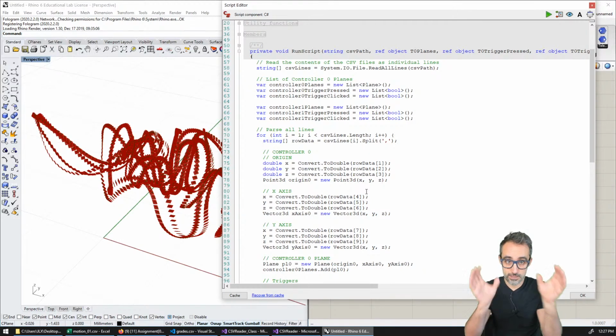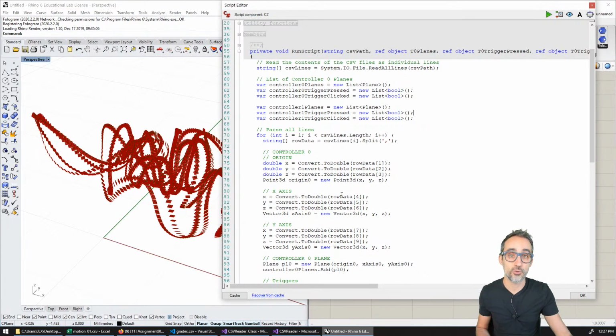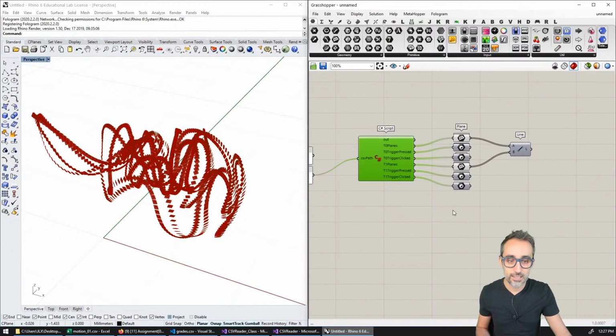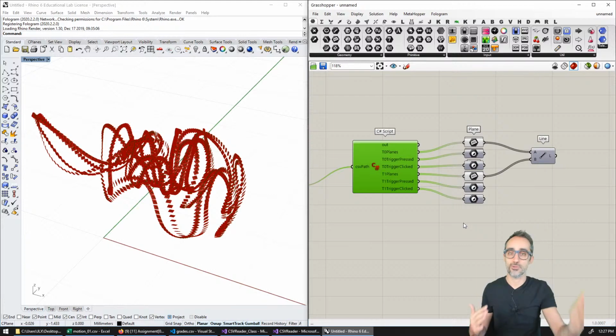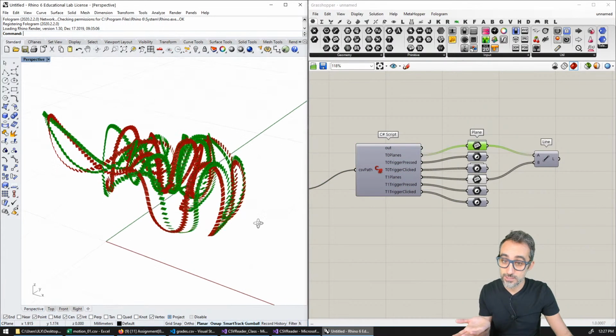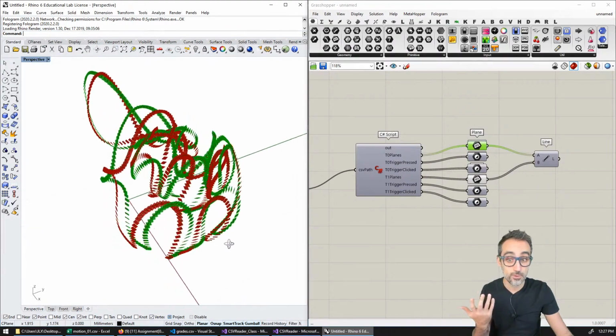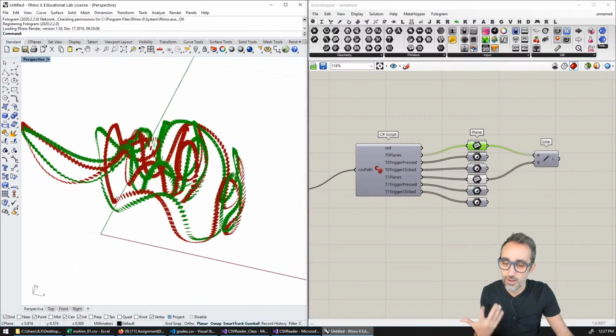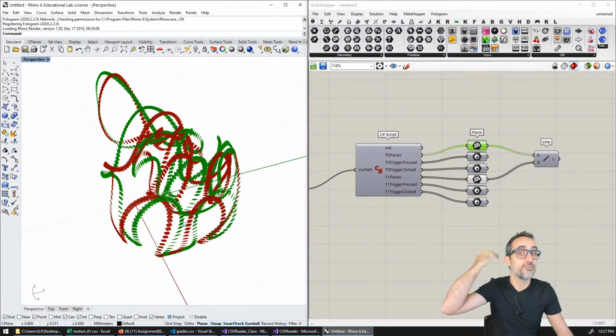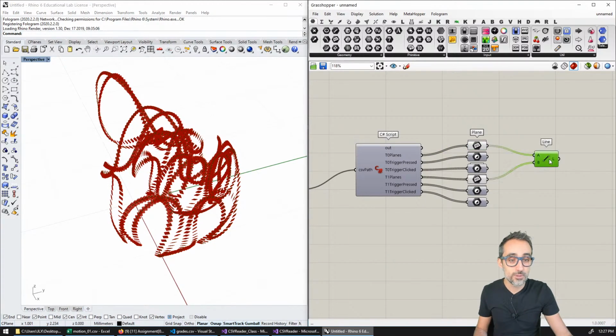It splits it in rows and with the commas, and then we convert all that data into numerical values that we can use to plot, for example, planes that have the orientation and the location in three-dimensional space of that motion that the students recorded. Therefore, the result will be a visualization where I can see the synchronous motion of the two controllers that the students were holding and how they were moving them in three-dimensional space. And this will be the base of a future video that I will record where I